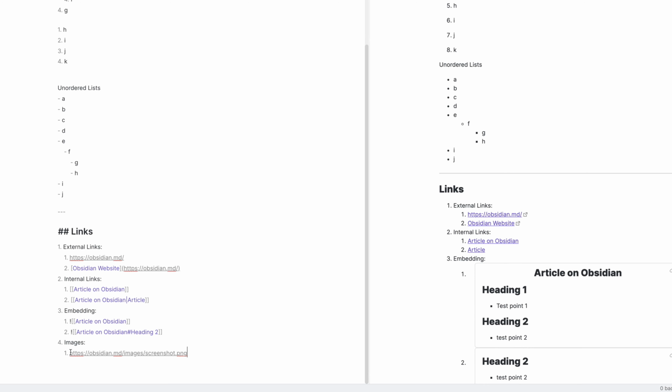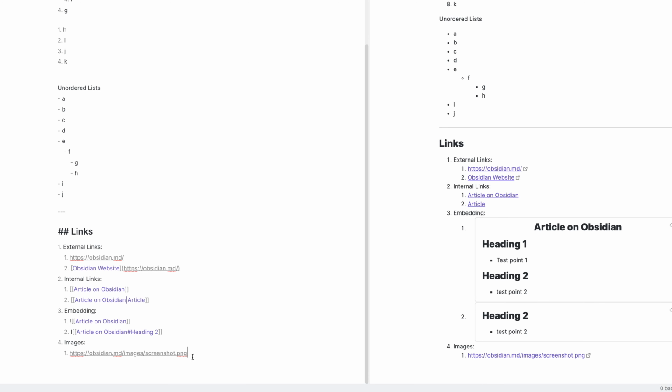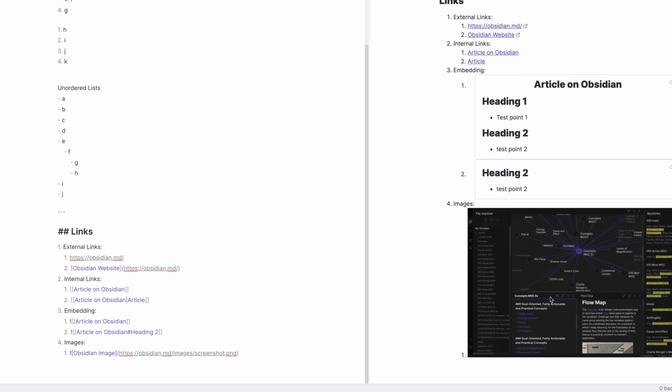And once we pasted it, we'll just highlight it. We'll add brackets to it. It's created brackets on both the sides. We'll call it Obsidian image, and we'll reference it by doing the exclamation mark. You can see as soon as I put the exclamation mark, it got the image here.